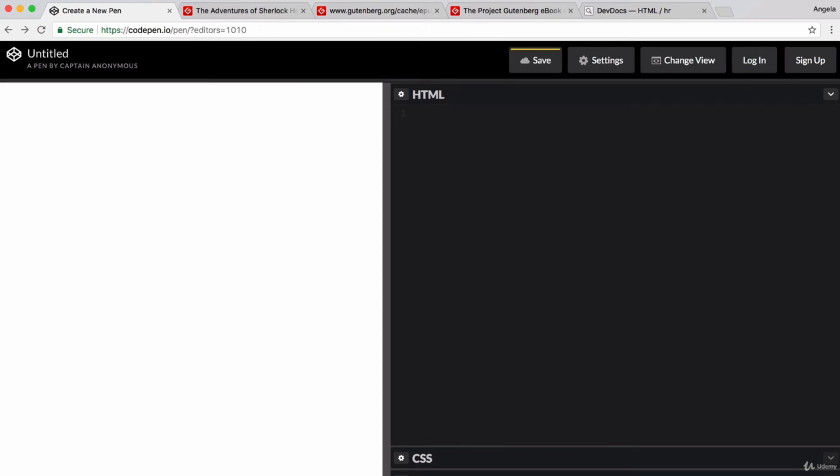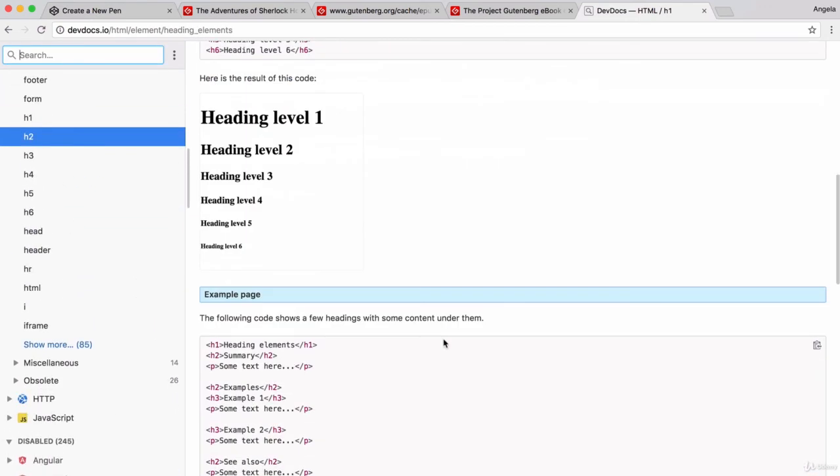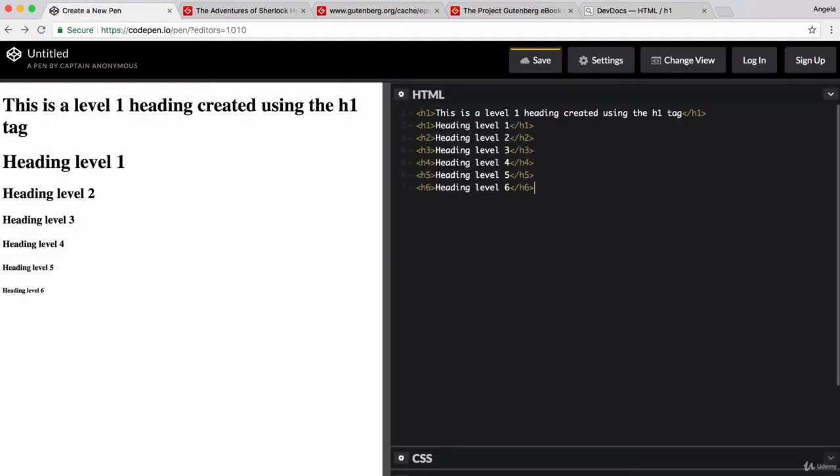So, for example, in this and the last lesson, we learn about the H1 tag. So in our code playbook, the first thing that's going to go in is your H1 tag. And you can say that this is a level 1 heading created using the H1 tag. We can go ahead and close it off. And you can look through the documentation to perhaps copy some of these code snippets over. But make sure that whenever you're copying and pasting code, that you understand what it is that you've copied over. You understand what the code does. There's nothing worse than copy and pasting code that breaks your website because you didn't understand what you've put in